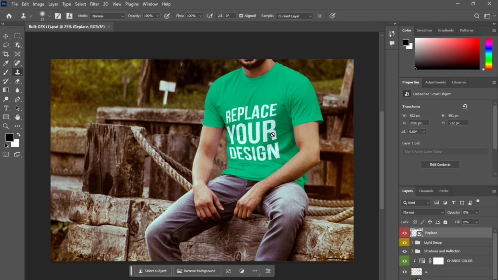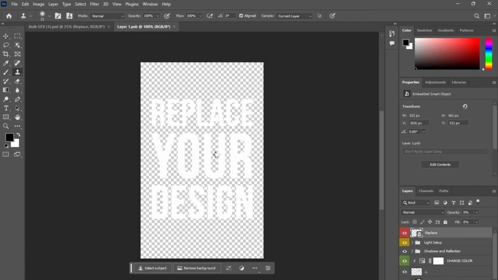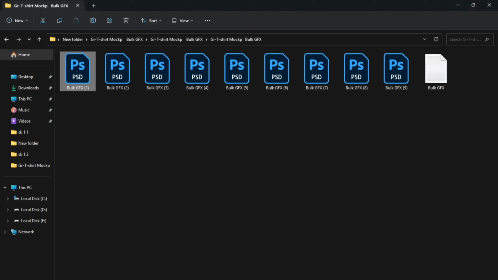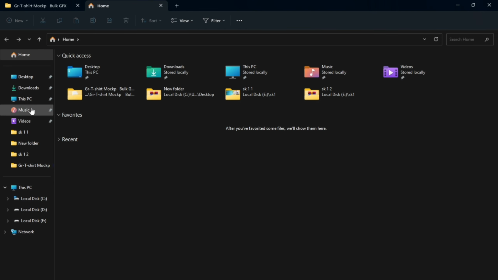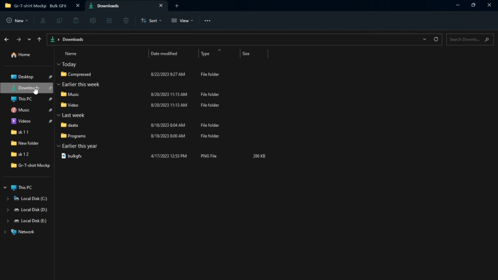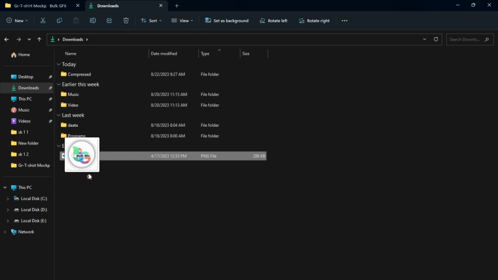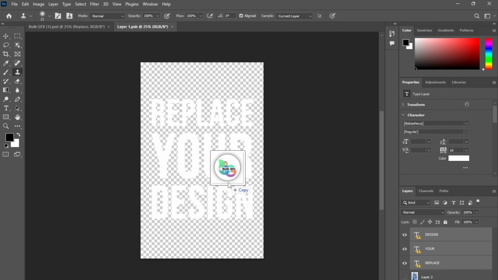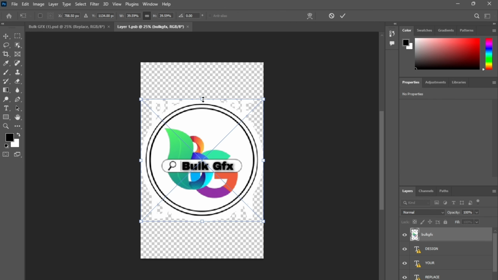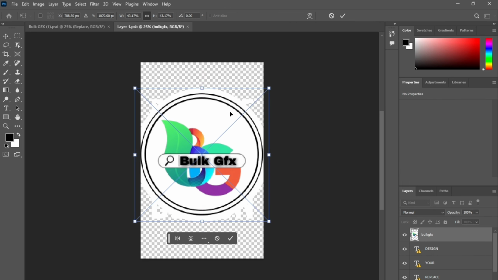You can replace your own design over here. I place my logo, double click it. So there it is. I just need to drag my logo here, drag and drop your design, whether in PNG format or JPG format. So double click here, here's my logo. So I will just simply Control S,